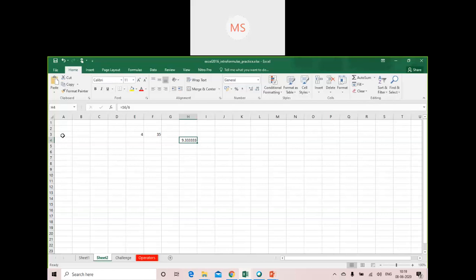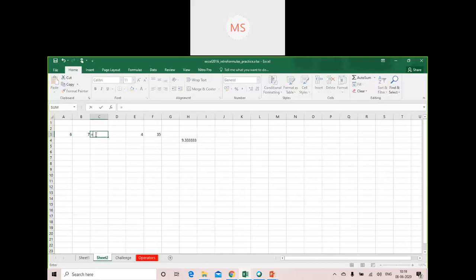Like here, as you can see, I am entering 6 here in A and 7 in B. So 6 in cell position A3 and 7 in position B3, and in C3 you are trying to perform an addition operation on the values of cells A3 and B3.